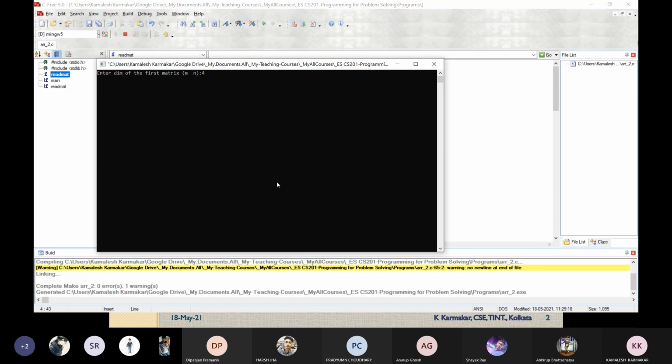let me consider that 4, 2 is the dimension of the first matrix, 4, 2 is the dimension of the second matrix. So the resultant matrix will be 4 by 3. And for the elements of the first matrix, I am just taking 1, 1, 1, 1. And the second matrix is 2 rows, 3 columns.